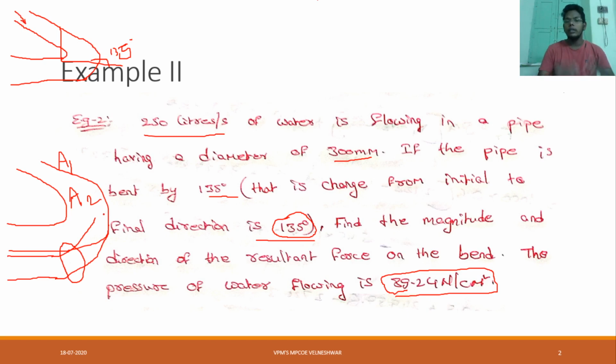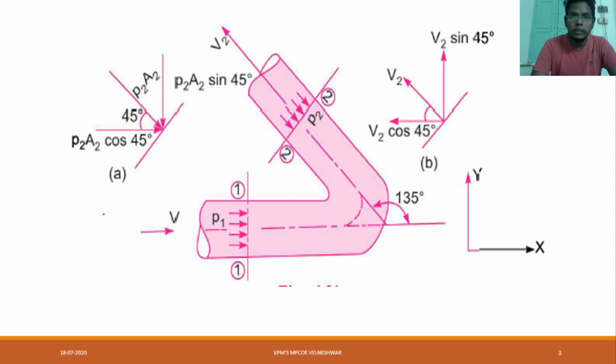How do we find it? Let us see now. This is the cross section in this image. P1 he has given, and here 135 degrees is there, but here he has taken 45 degrees. These are rough diagrams at section 2 and at section 1. Here we are not taking a full circle, only a half circle. If you take a half circle, how much angle will be there? 180.